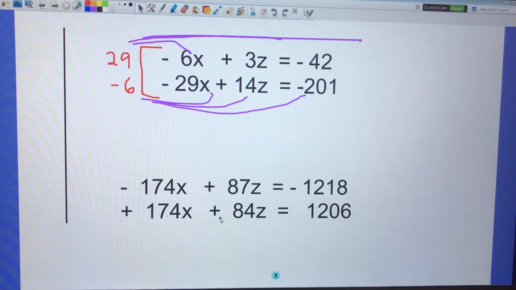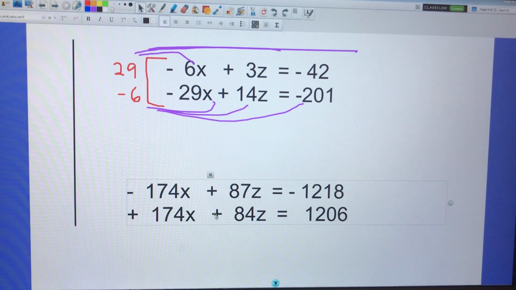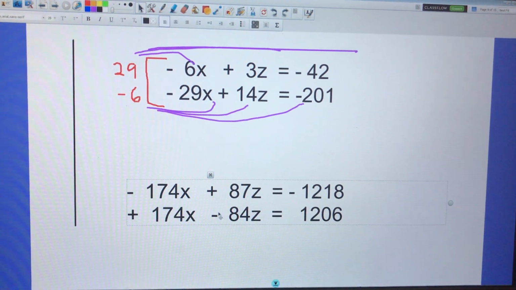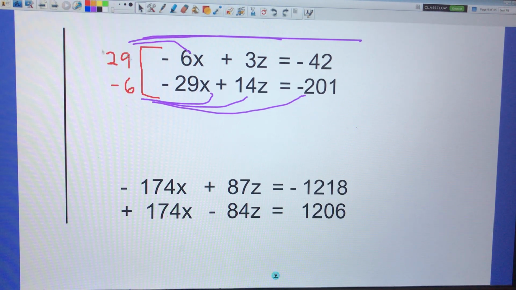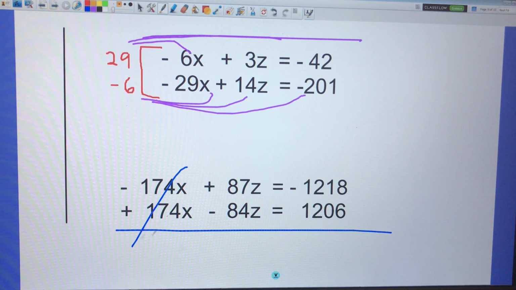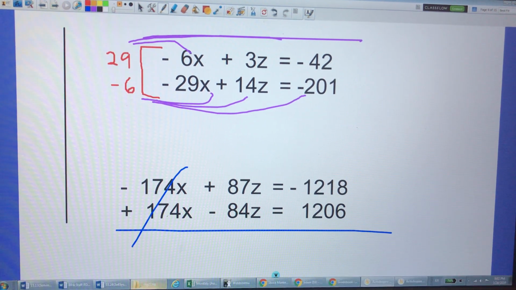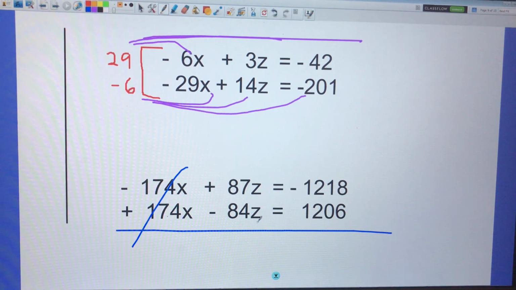And this should have been a negative, I believe. Yes, a negative. And this should have been positive is correct. All right, so again, negative 6 times negative 29 is positive 174, and we should end up with this. After you get this, you can cancel out the x's. Add up the rest, and you get